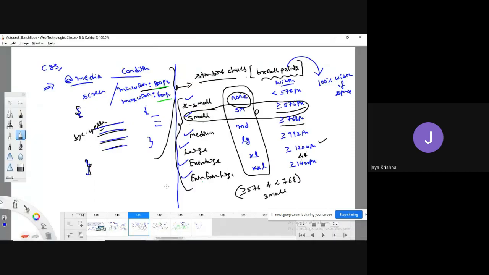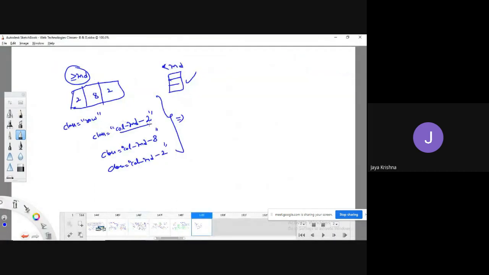What does that mean? You can combine multiple classes also. See, you define col-medium-screen-2 parts. For a medium screen, you have defined how this column should be displayed. And also, if it is a small screen, you can define how your column should be displayed. So this is the first column. If it is a medium screen, I take 2 parts out of 12 parts. If it is a small screen, I take 6 parts out of 12 parts. That is the meaning of this.